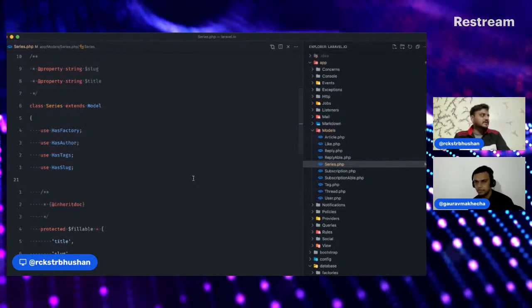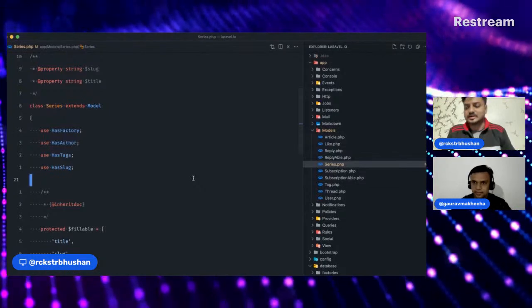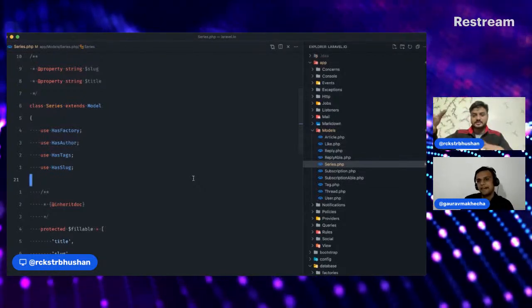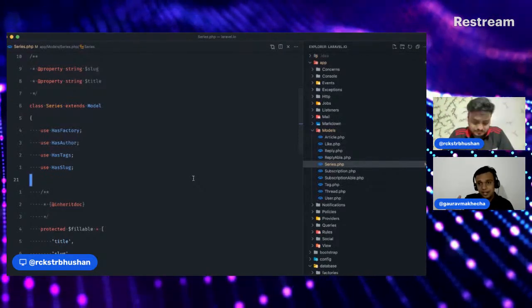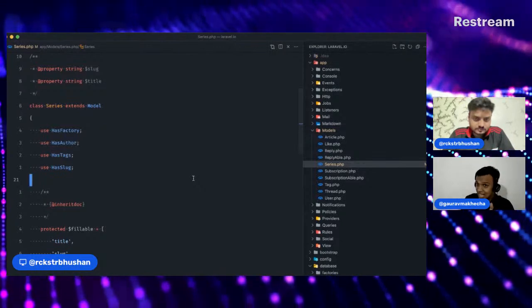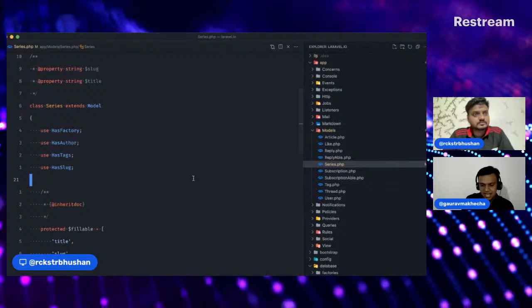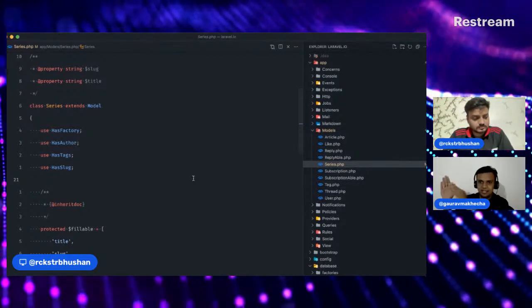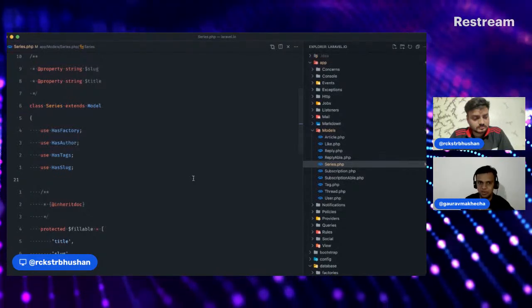Right. So I was actually wondering how it is understanding those migrations. And now you said that we are using Larastan, and then Larastan is teaching PHPStan to understand these things. Yeah. So what Larastan does is it goes to our migration files, it reads them, and it tells PHPStan that okay, this class has these properties. So don't worry about them.